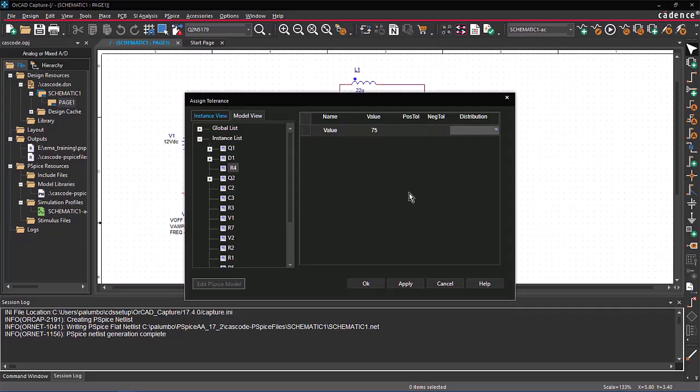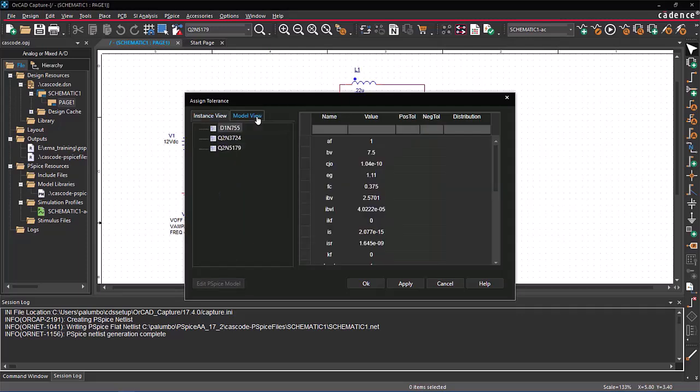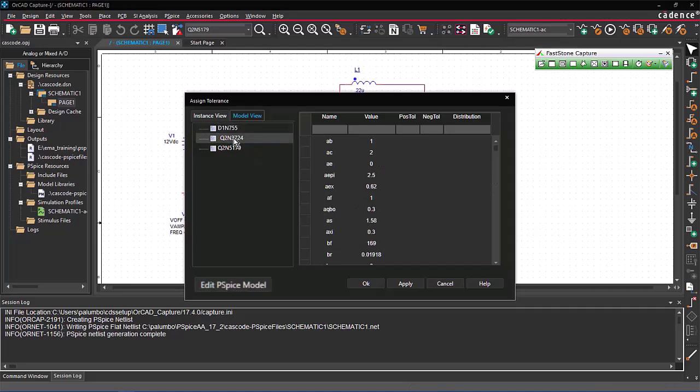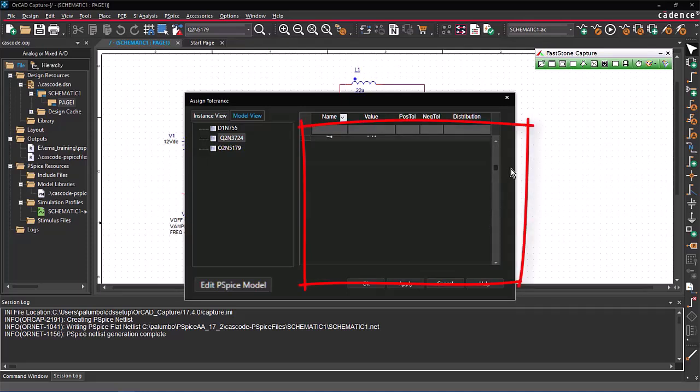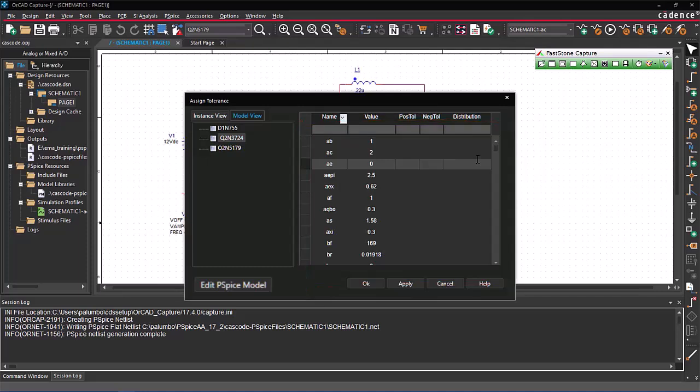will be displayed. To assign tolerances to subcircuit parameters, we use the Model View folder tab of the Assign Tolerance form, and all the subcircuit models in our design are listed in the left panel of the Assign Tolerance form. If we select a subcircuit model such as the QN3724 transistor, all of the parameters for the model are listed in the Assign Tolerance form, and any parameters that already have tolerances would be listed. And as we scroll down the list of parameters, we see that none of the parameters currently have any tolerances